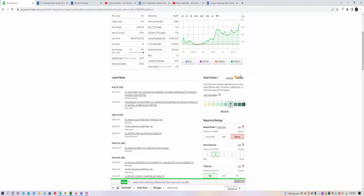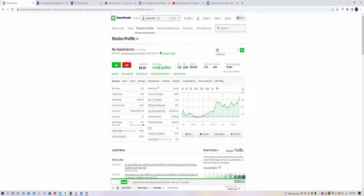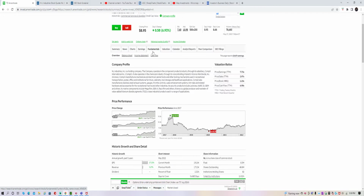On May 4th, they reported earnings per share of 38 cents, up from 27 year over year, and sales were 34 million, up from 30 million. They also pay a dividend of 3%, and it's showing here the dividend date is actually coming up on June 3rd. And the fundamentals, pulling up the website,